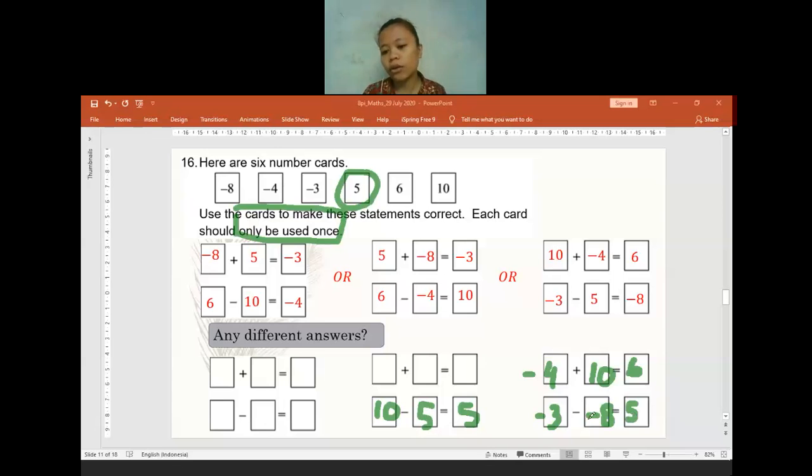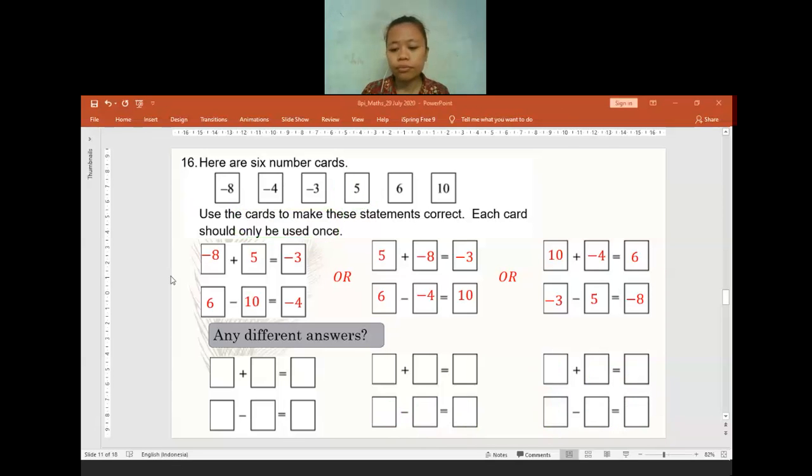Is it correct or is it wrong? For the last, the green numbers that I just wrote, do you agree or disagree? Or is there anyone still having a different possible answer? No? Okay. Is there anyone confused at question 16? No confusion? Okay, if you have no confusion, I will move to question 17 then. I hope it's already clear enough for you.